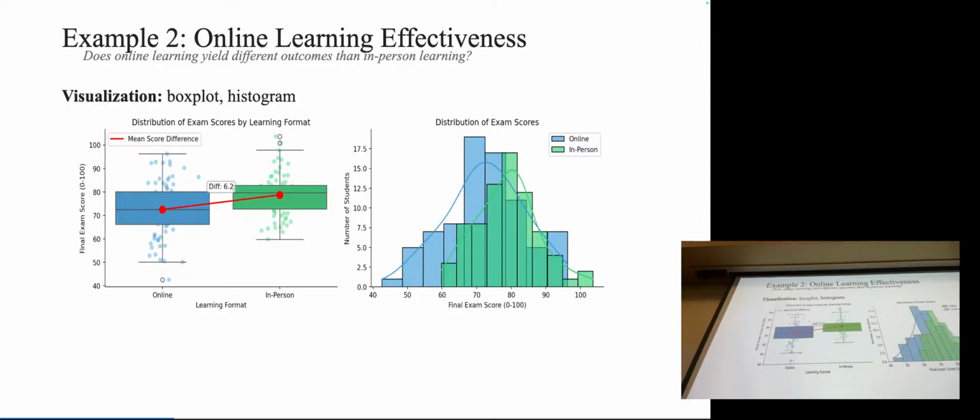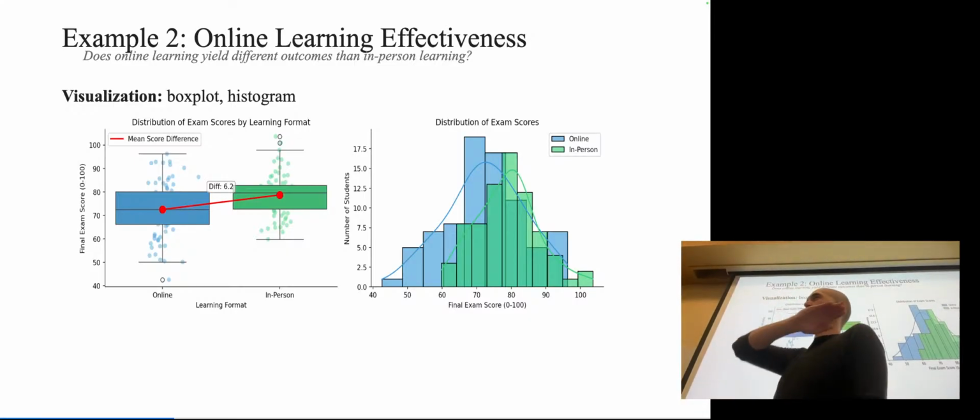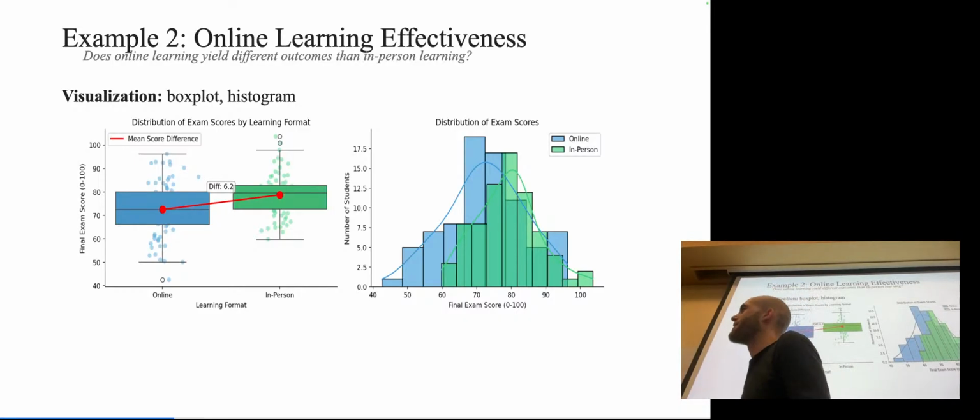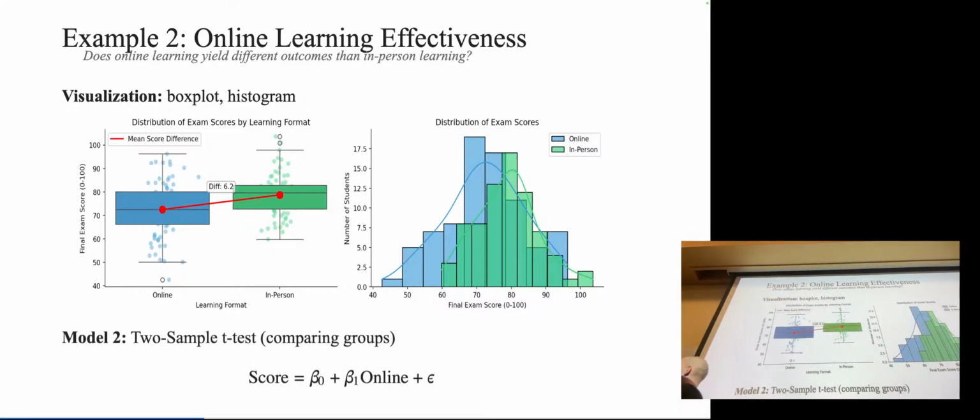There's a beta 0, beta 1, which would be online, and then beta 2 would be in person. Okay, so we have our beta 0, which captures our baseline test score, and then we have our beta 1 times the indicator variable for whether you're in person or online. We could include another one, but that can make things messy. So this is actually what I have written down, which is very similar to Frank's idea here. So this is our two-sample t-test.